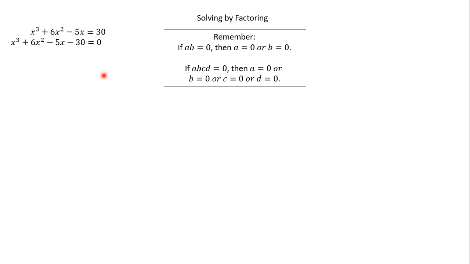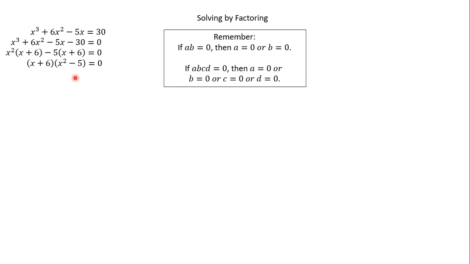I see 4 terms here, which says, can I factor by grouping? Well, if I took an x squared out of here, I'd end up with an x plus 6. If I took a negative 5 out of here, I'd end up with an x plus 6. So let's factor by grouping. So now we have x squared times (x plus 6) minus 5 times (x plus 6). We look at our 2 terms. Hey, this one has an x plus 6, and this one has an x plus 6. So let's take that out, and what we'll be left with is x squared minus 5. If (x plus 6) times (x squared minus 5) equals 0,